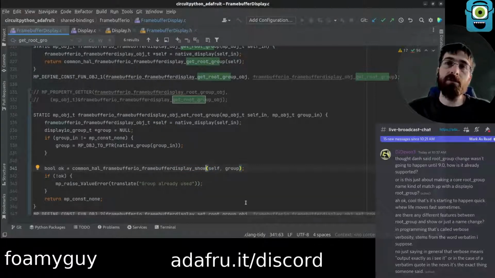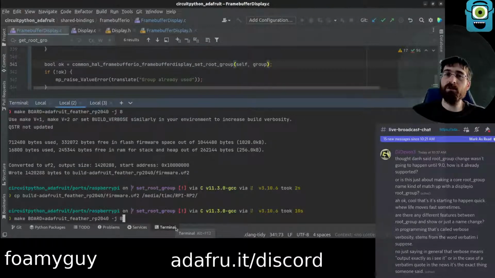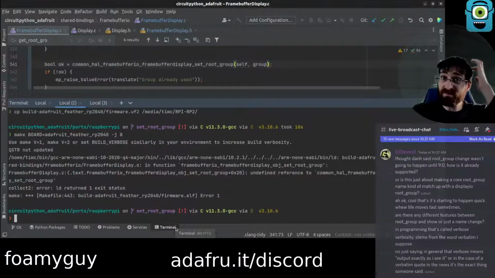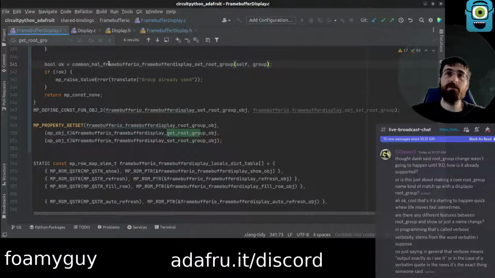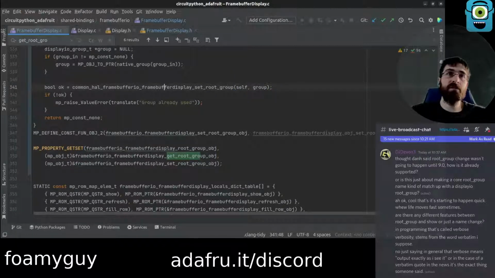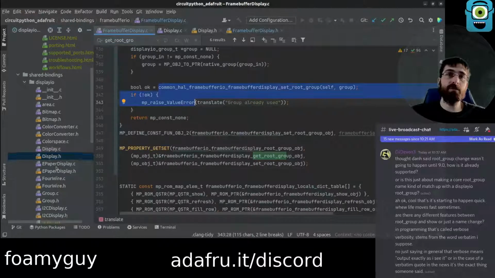And I think in order to do that, we have to go define it inside of shared module. I'm pretty sure this won't build anymore. So we actually will need to go find that common HAL FrameBufferIO FrameBufferDisplay show and add a setRootGroup.